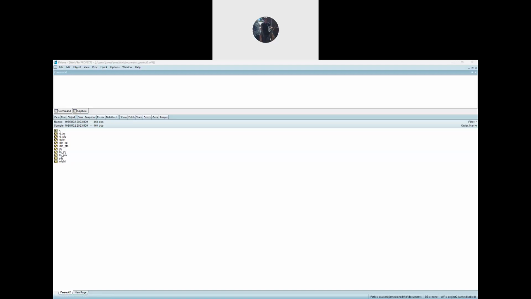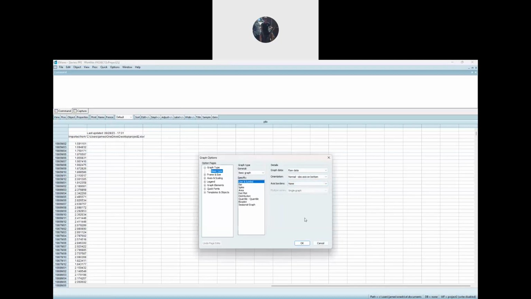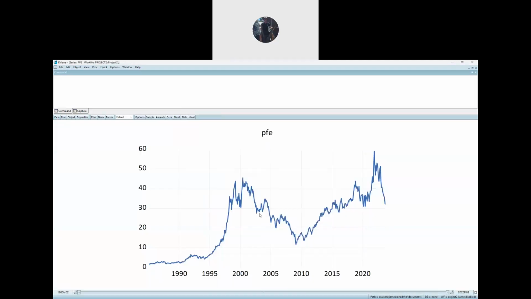All right. I can open up Pfizer. I can do View, Graph, and you could just go with the default and hit OK. Right, so there's my Pfizer graph. A nice little graph it makes for me. But you can probably see that it's not stationary because there's some upward trend, downward trend, and just an overall upward trend. But you can test formally if you have a unit root or not,